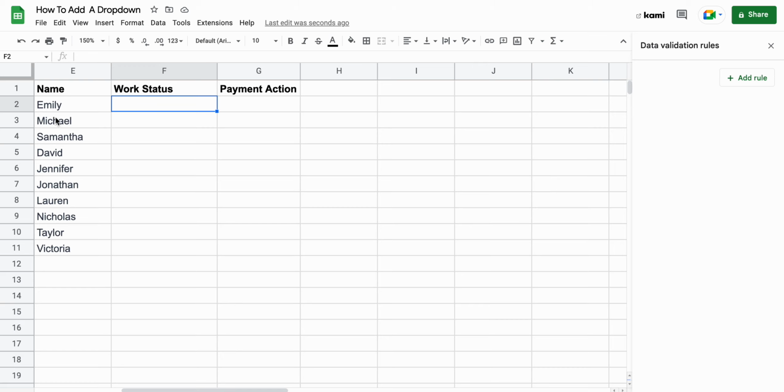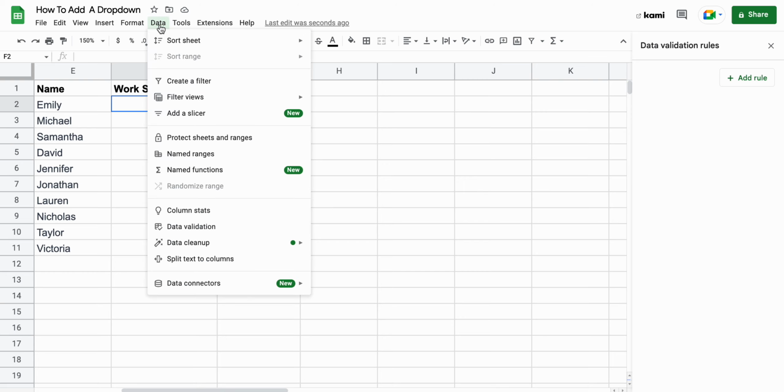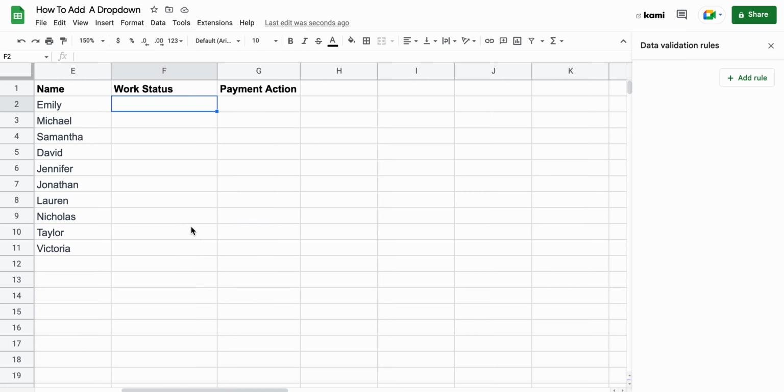And the idea here is to determine if each of the names have worked or not, and in turn determine whether they deserve to get paid or not. So I'm going to start off with two ways we can do this. First would be, I'll say, more complicated. It's fairly simple, but I'll start with what I'll say is more complicated than the second I'm going to show you later. So the first step is to click data, move to data validation,